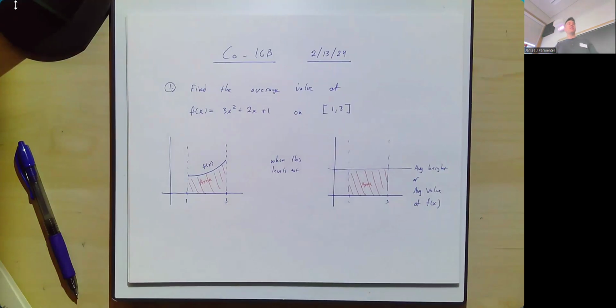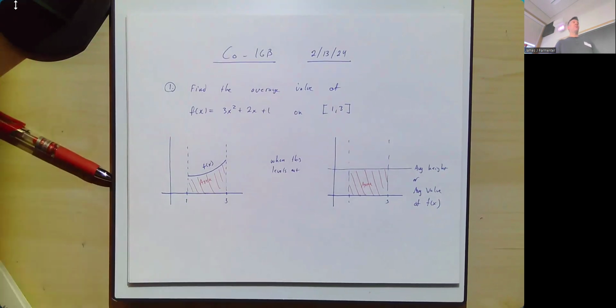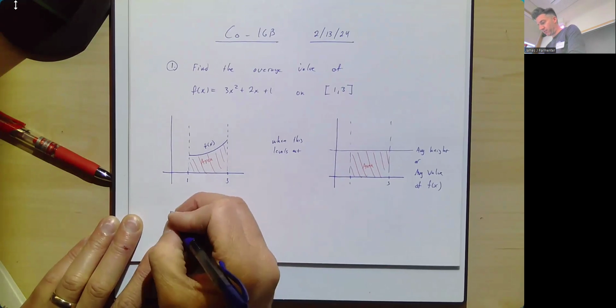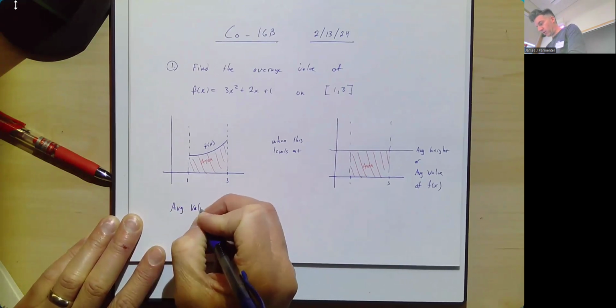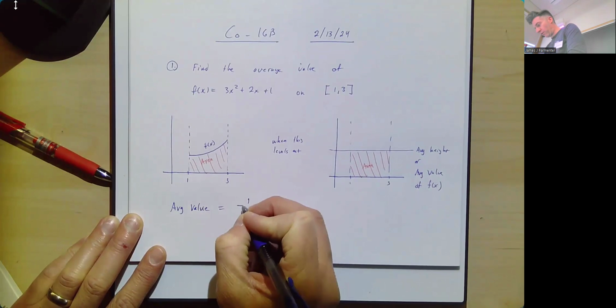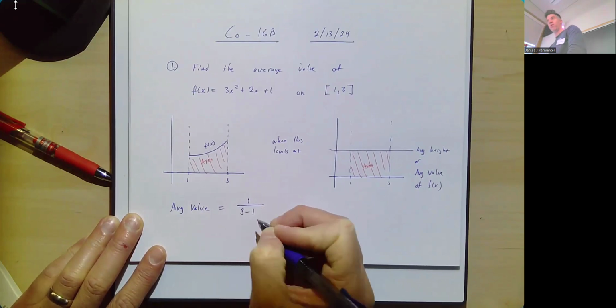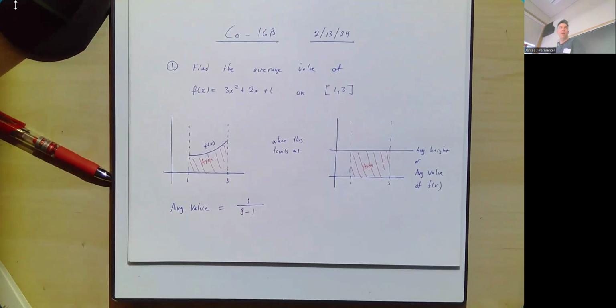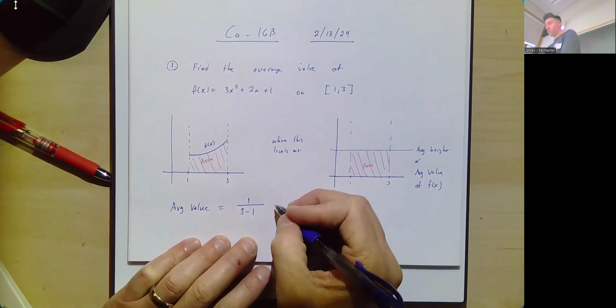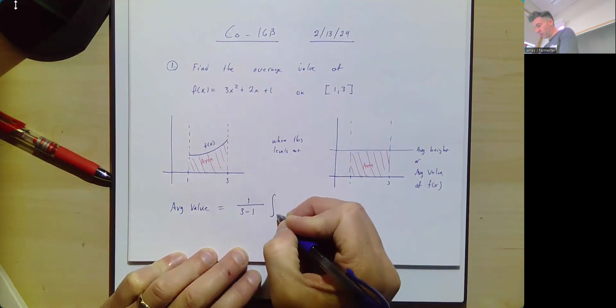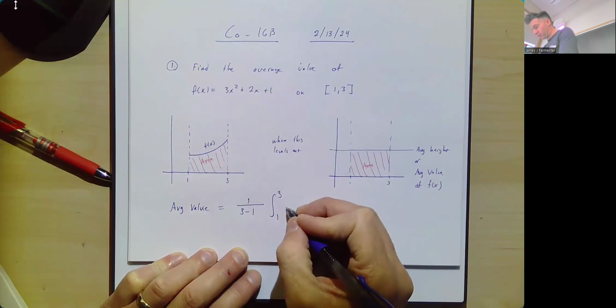Do we need to know any of this to be able to actually calculate average value? No. Calculating average value is super duper straightforward. You take the normal area integral that you would usually calculate and divide by the length of the interval. So here, to calculate the average value, it's going to equal 1 over the length of the interval, so 1 over 3 minus 1, times the integral from 1 to 3 of your function,